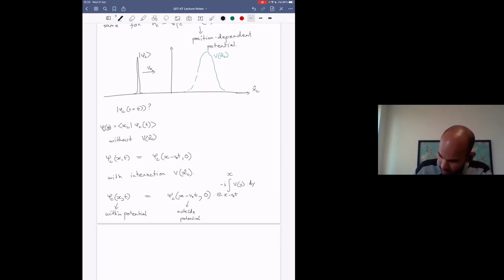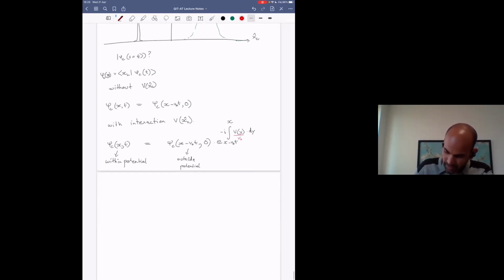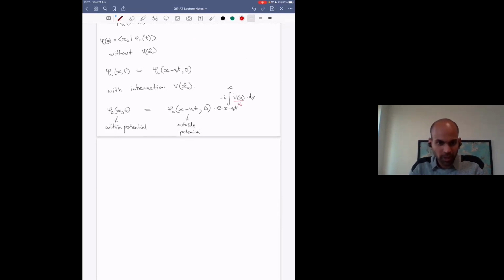I'm dealing with units where h bar is 1. It's possible that this might be divided by the speed v naught. I did the original calculations where v naught was 1, so I'm not sure about the constant of proportionality. But what's important is that as it passes the potential, it sort of incorporates the potential as a phase, which means that when it's outside of the potential, so from